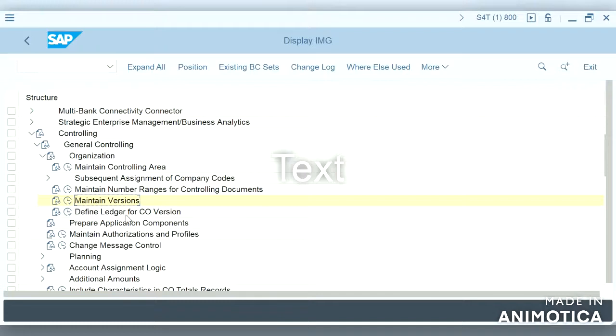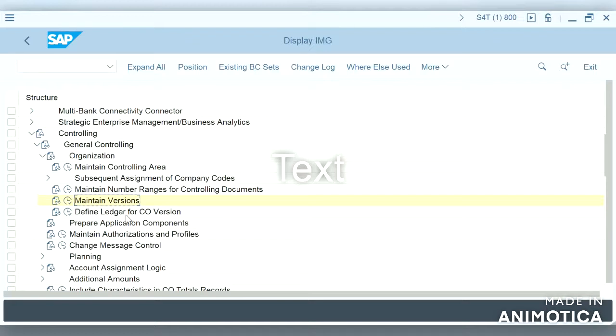So mainly the transactions will flow from FI to CO through main ledger. It will not consider the transactions from other ledgers. Only the transactions from leading ledger will be transferred to CO. That is the case in ECC.